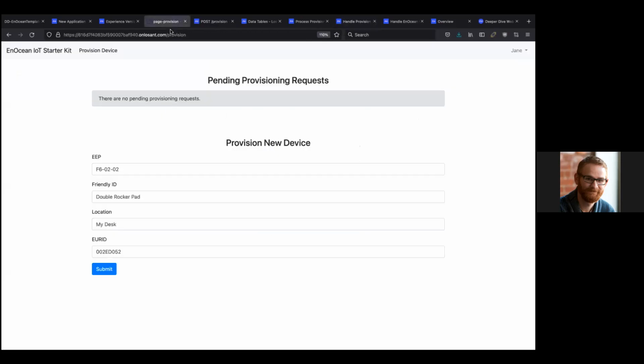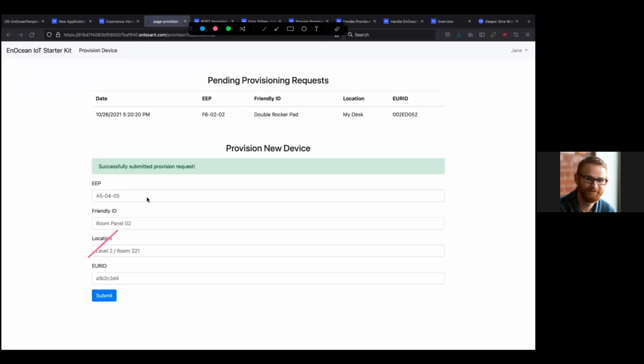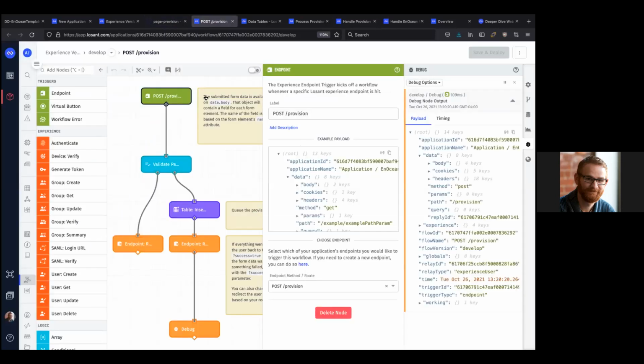Let's go ahead and go all the way back and hit the submit button, see what happens. So I'm going to hit submit, and immediately we see we got a successful provision, and then my table just updated with a pending request. So let's go to the provision request workflow, and we can see now I've got an entry in the debug